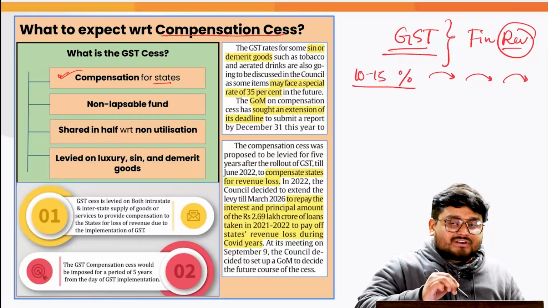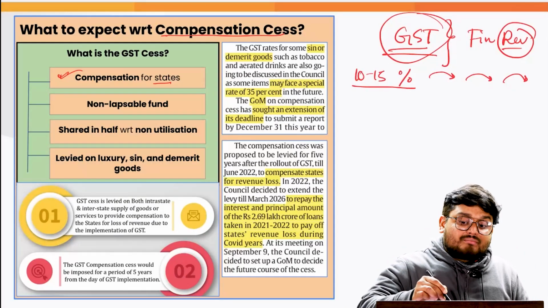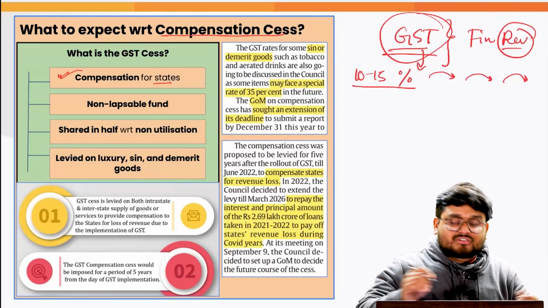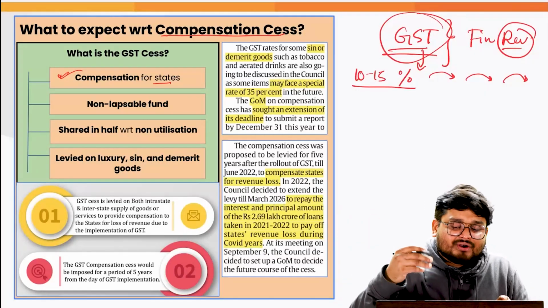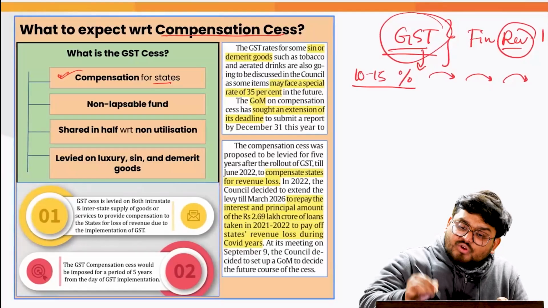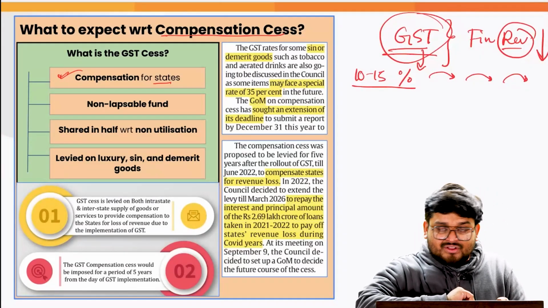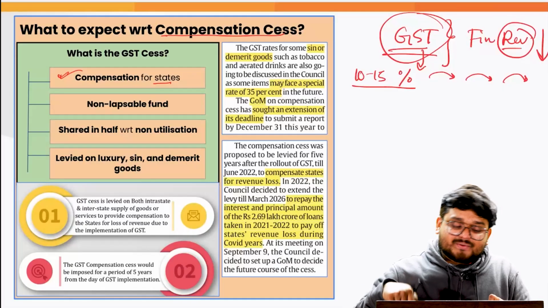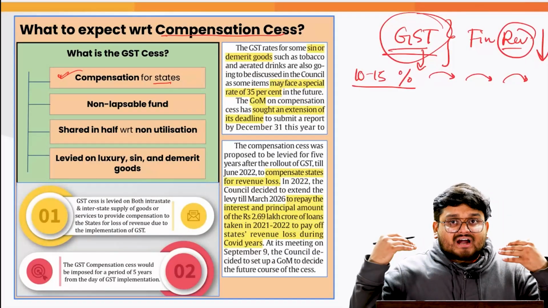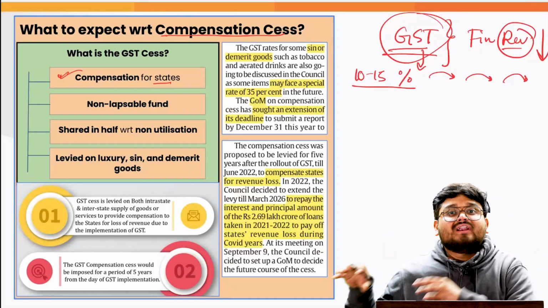But when GST was introduced, the states complained that if you are bringing in GST, people will be confused. People will have to file this GST on online platforms and so on. So there can be a chance of reduced revenue from my side. So center, you have to compensate me. So that is the main aspect of compensation cess, where the center agreed that okay, let us create a non-lapsable fund